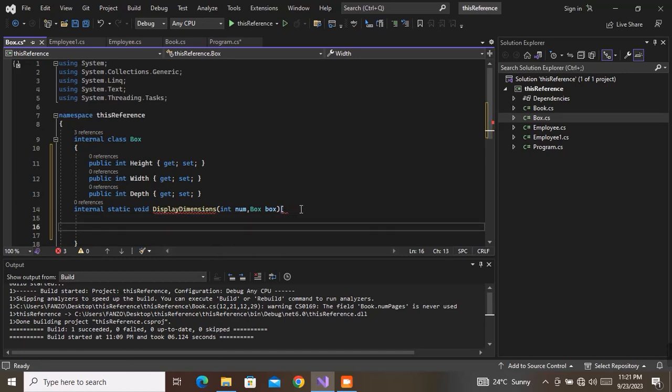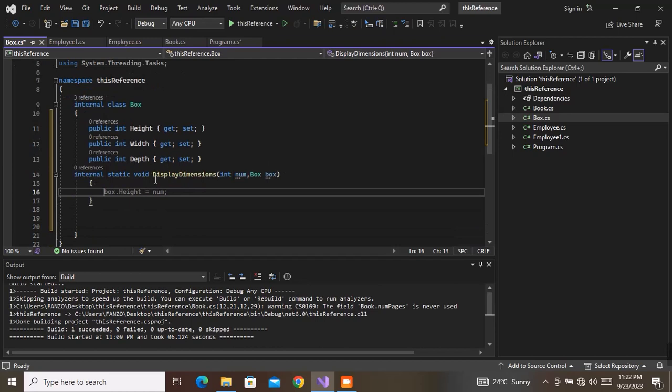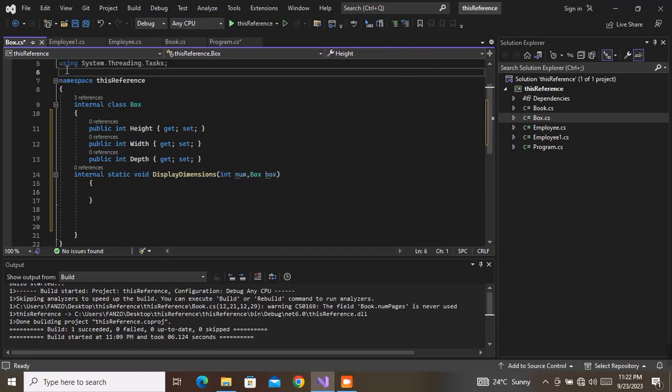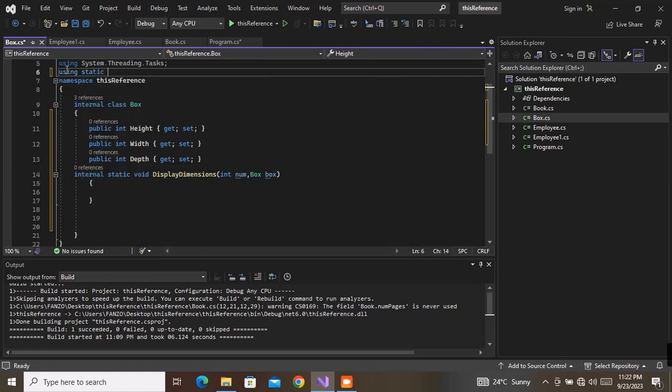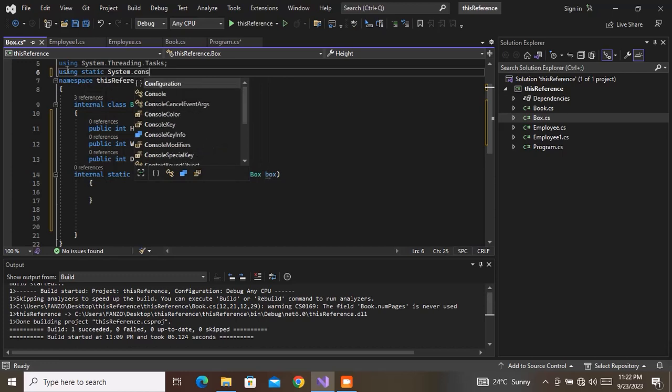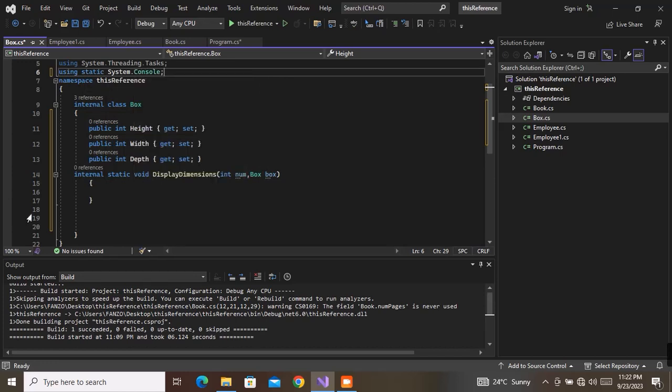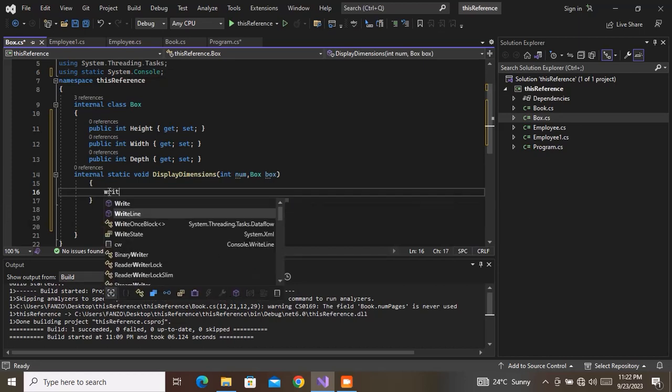I've made a mistake. Right, so let's check. In this method, I am accepting an int num, and I am accepting the object which I will call the box. Alright, and then let me just come here and just say using static system.console. Alright, so what is it that I want to do here? I just want to have a WriteLine,